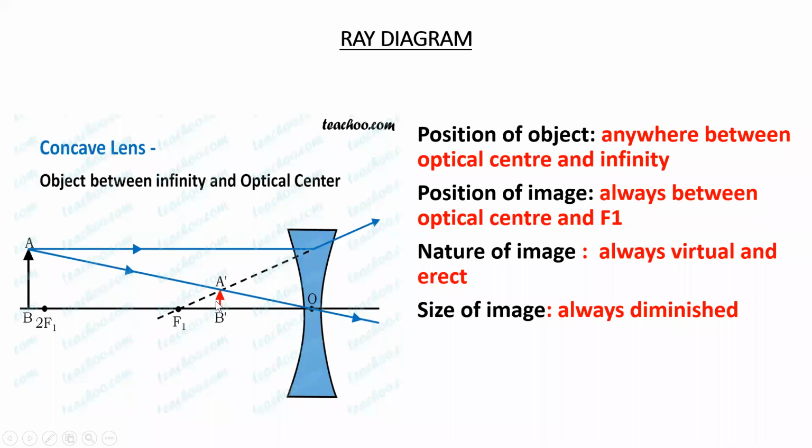लेकिन always in front of the object. ऑब्जेक्ट के हमेशा आगे ही बनेगा, जैसे यहाँ पर object के आगे ही image बना है, उसी तरह अगर इस object को हम यहाँ भी रख देंगे between optical center and secondary focus, in that case also the image will be always formed between O and f1 but in front of the object. ऑब्जेक्ट के आगे ही बनेगा, पीछे कभी नहीं.